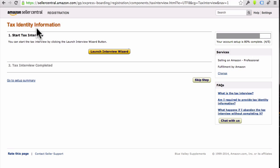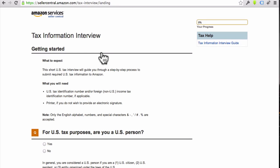So whatever state you live in, whatever country you live in, it's going to be a little bit different. So that's why they just want to figure that stuff out. So really easy. This only takes a minute to do. Let's go ahead and click the Launch Interview Wizard button. And it may look a little bit different depending on whatever country you're in or whatever your location is, but